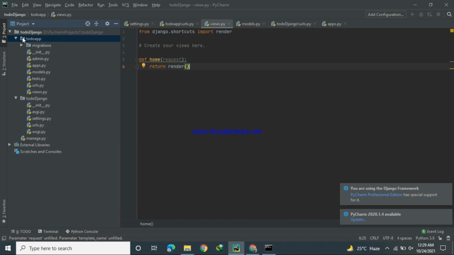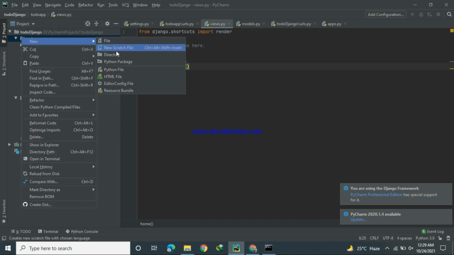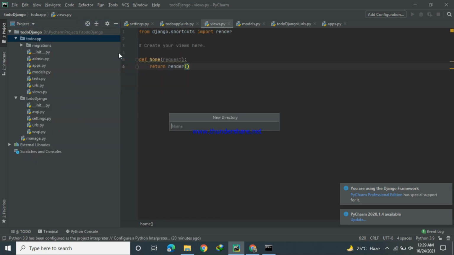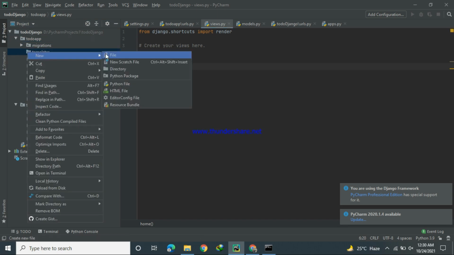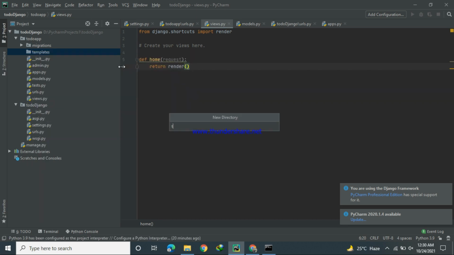For example, in Todo app we have a directory named templates. In templates I have another folder which is named after this app, Todo app.